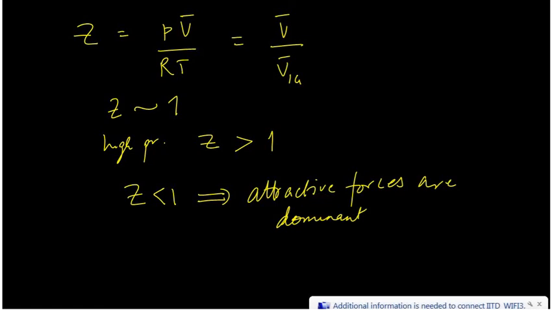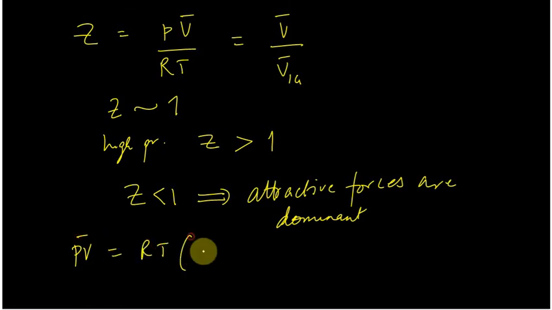Okay. You could use the virial expansion. It's given in your notes. So you could just go through these. So let's just take that. For example, I could expand this, right? Z or the PV bar is equal to RT into 1 plus B prime, let's say, P plus C prime